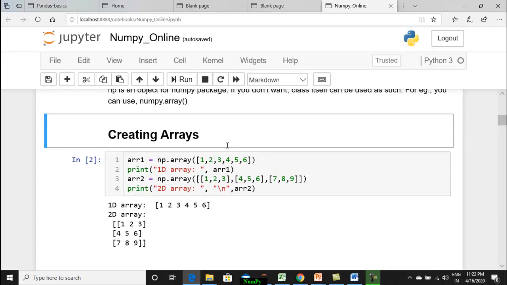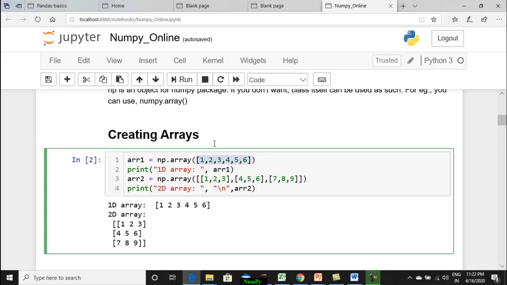Coming to the creation of arrays, NumPy supports one-dimensional, two-dimensional, three-dimensional, up to n-dimensional array creation. These arrays are similar to your list in Python, with the only difference that arrays consume very little memory space compared to a list, and hence computation becomes quicker in arrays than in a list. That's why we prefer arrays, especially since arrays are meant for integers and floating point numbers most of the time, and hence computation becomes very easy. Like how we create a list, the same way we create an array.